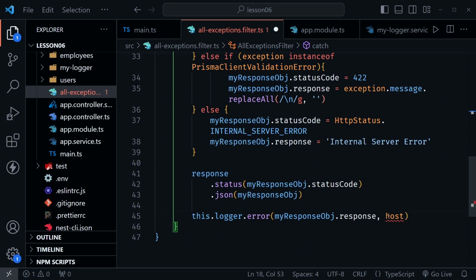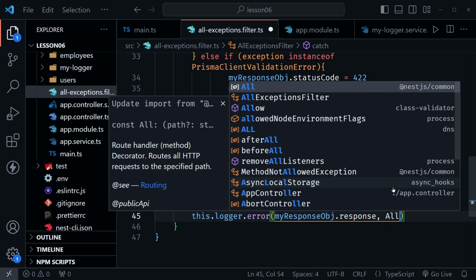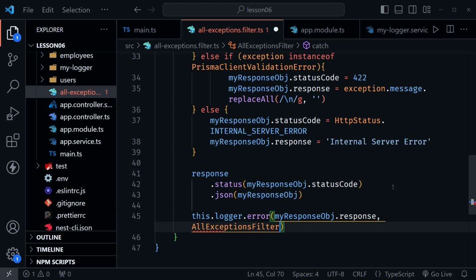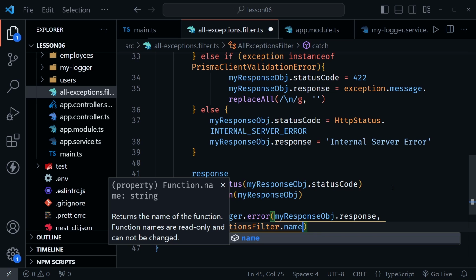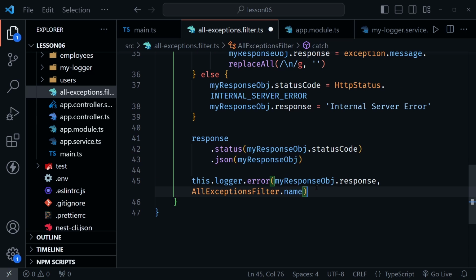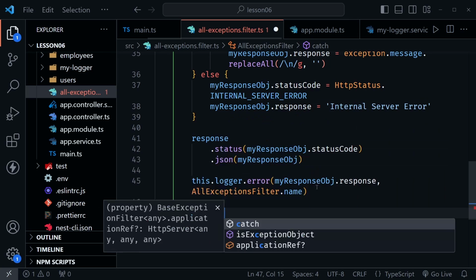This shouldn't be going to my logger here. This goes in the next line. So I was looking one ahead. What I do want to send is the context here. This is the allExceptions.filter.name one more time. Now on the very next line where I was looking one line off,